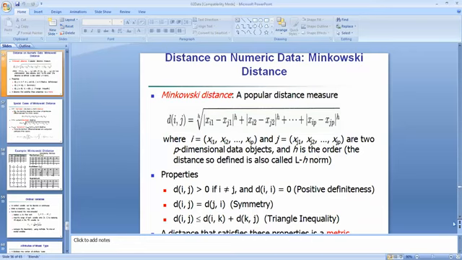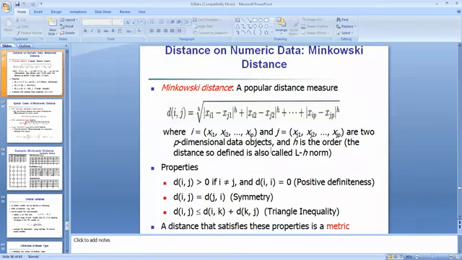Again, the distance on numeric data is also called the Minkowski distance. This is not actually important, but there is one formula that is used on the numeric data for calculating the distance. That is called the Minkowski distance formula. The popular distance measure is, for example,